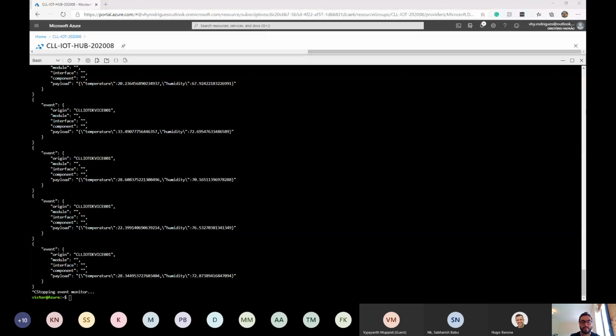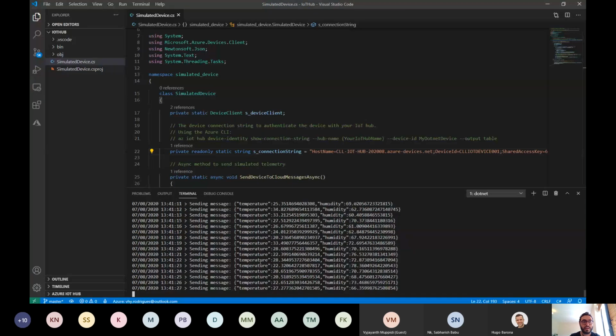So the monitor-events command within the Azure IoT Hub Azure CLI command module offers the capability to monitor device telemetry and messages sent to an Azure IoT Hub from within the command line or terminal. The command will output a JSON representation of the events being sent to Azure IoT Hub. The device ID parameter is optional and allows you to monitor the events from a single device. If you want to monitor all your devices, you can simply remove the device ID parameter. Let's press Ctrl+C here to stop this